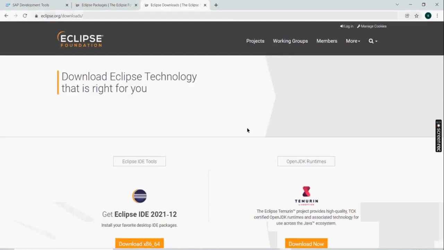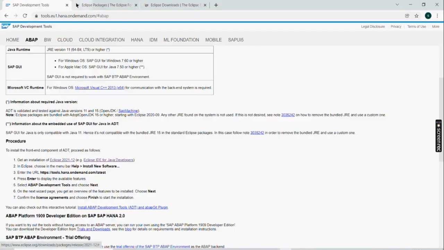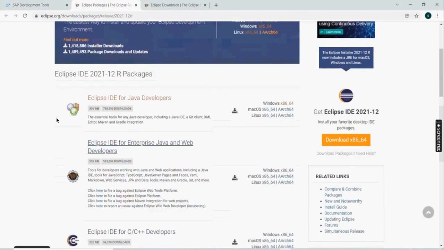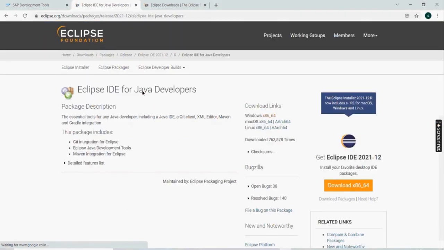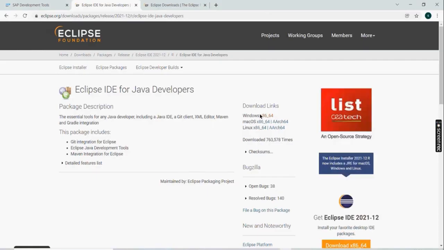Then from there you need to go to download. Once you go to download, can you see here, Get Eclipse IDE 2021-12? But I will not recommend all of you to go through this path. Try to go through this path, come here, and look for Eclipse IDE for Java Developers. Please guys, focus, this is important. Eclipse IDE for Java Developers. Then once you click here, it will go inside. Then you need to install this